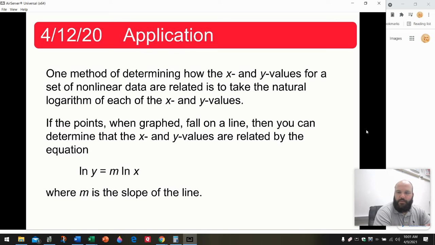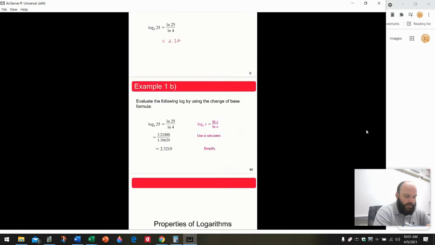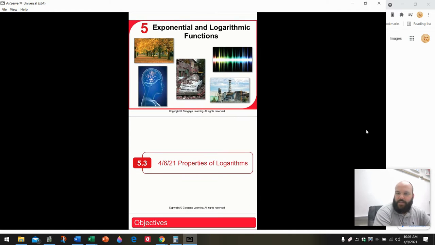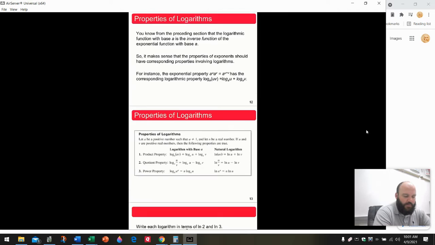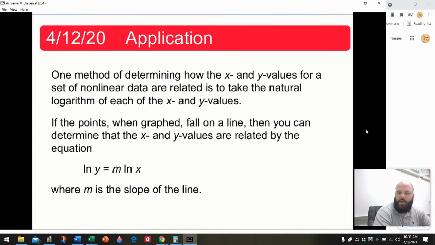Okay, hello everybody. So today we are going to finish up our discussion in Chapter 5, Section 3. And in Chapter 5, Section 3, we have been introducing and working with properties of logarithms. So today what I want to do is give you an application problem where logarithms are used to solve a